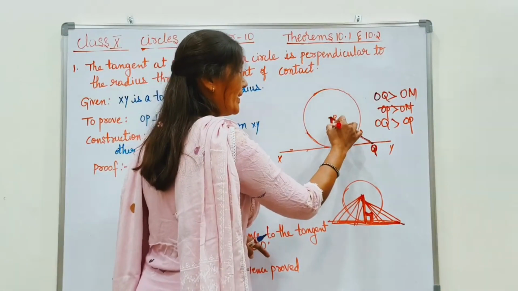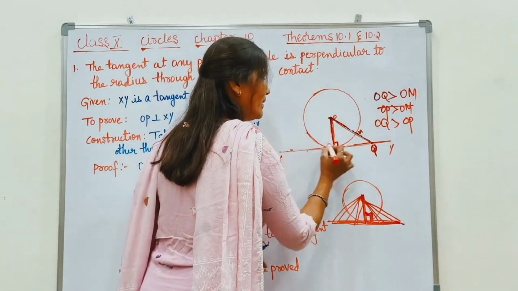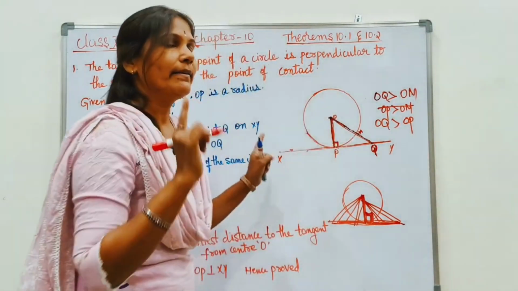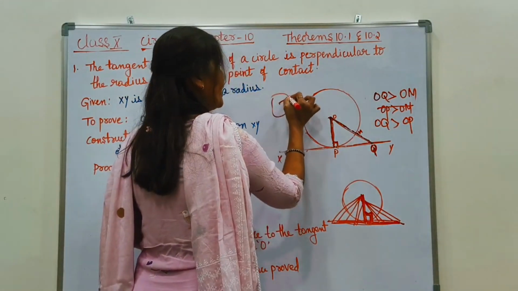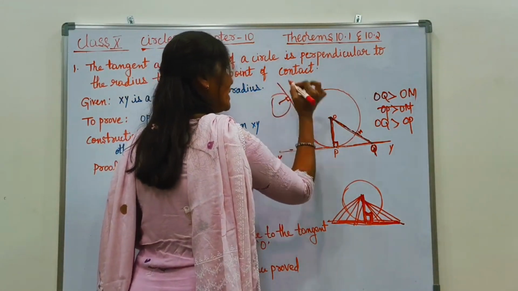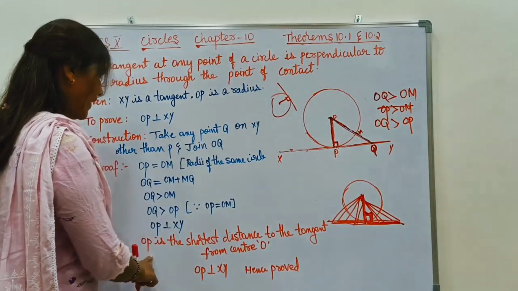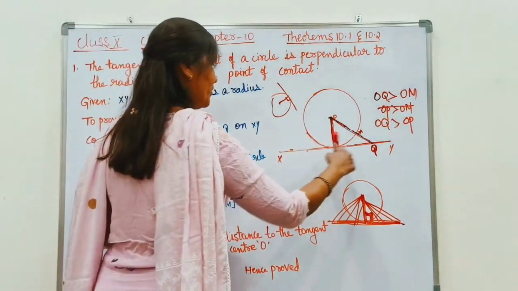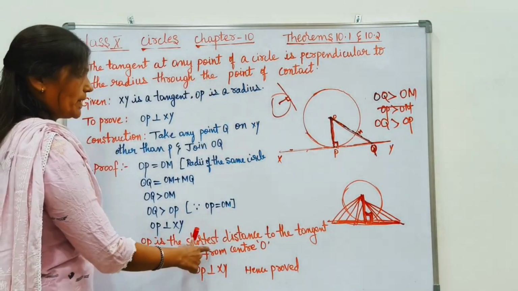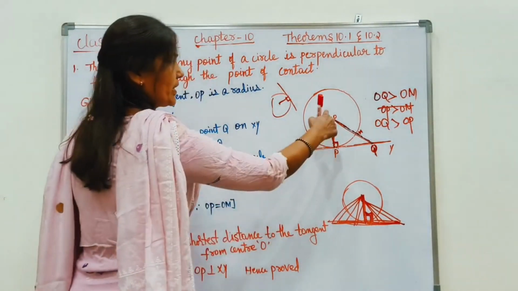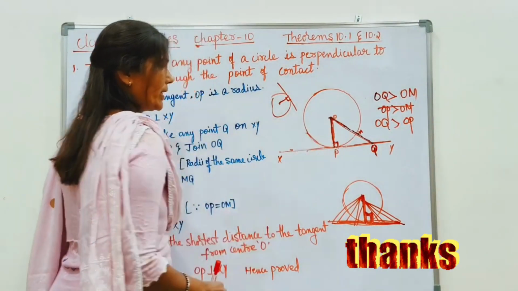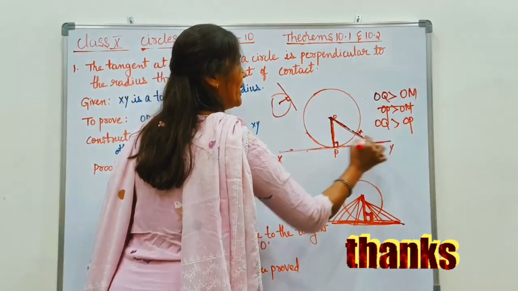Overall, this is the meaning of this question. Anywhere you take on a circle, where the radius and tangent meet, you will get 90 degrees. So finally write: OP is perpendicular to XY. Reason: OP is the shortest distance to the tangent from center O. Center O to OP is the shortest length, so OP is perpendicular to